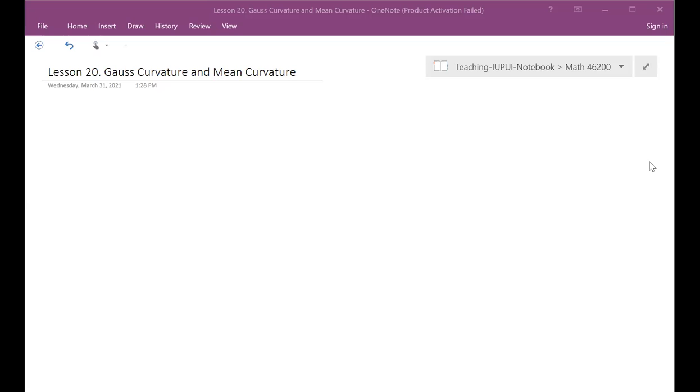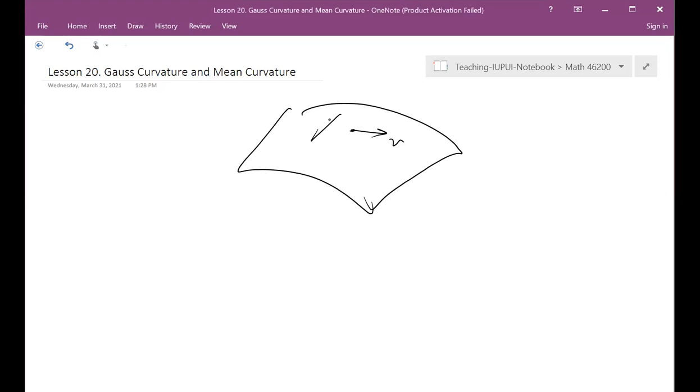Let's start class. Today we're going to talk about Gauss curvature and the mean curvature. The second fundamental form indeed tells you how curved the surface is in three-dimensional space in any given direction, roughly speaking. Here, given a surface and any direction v in the tangent